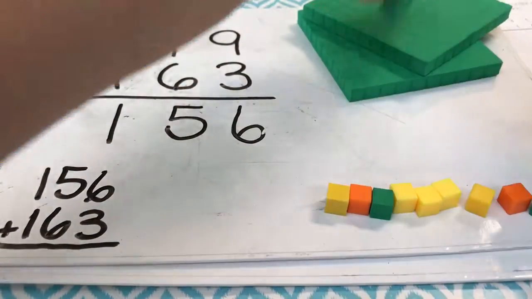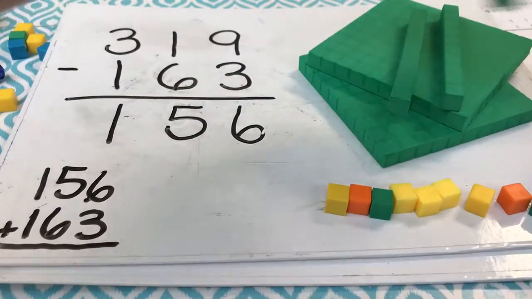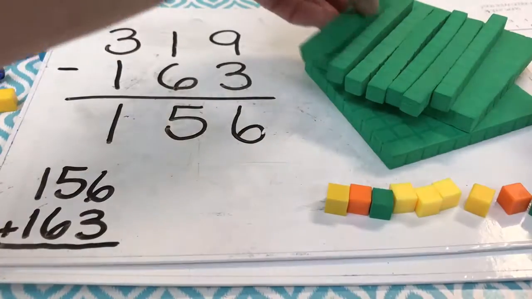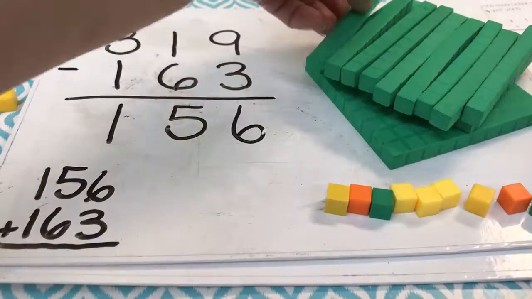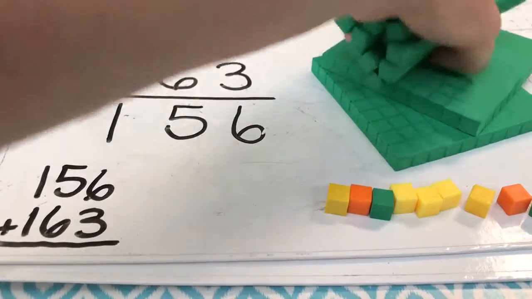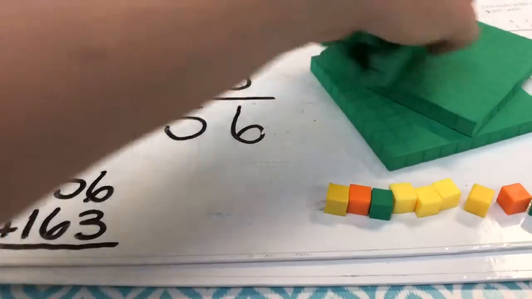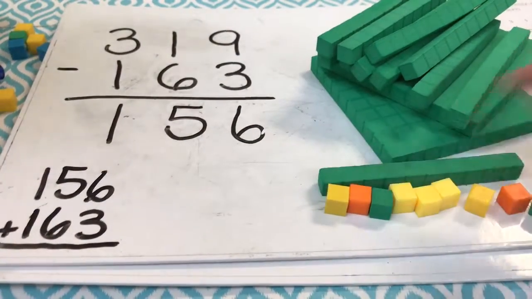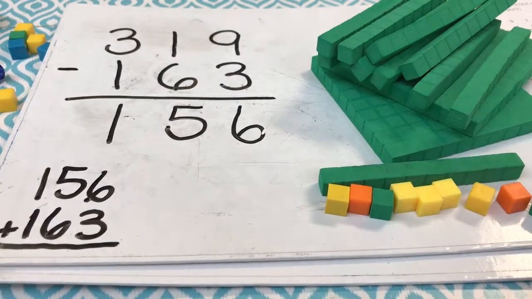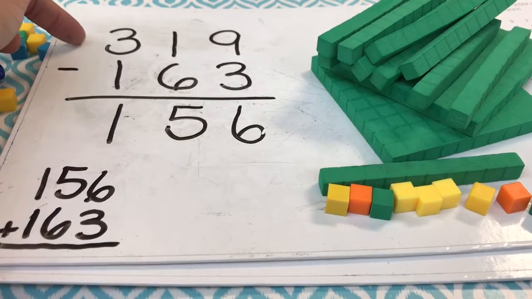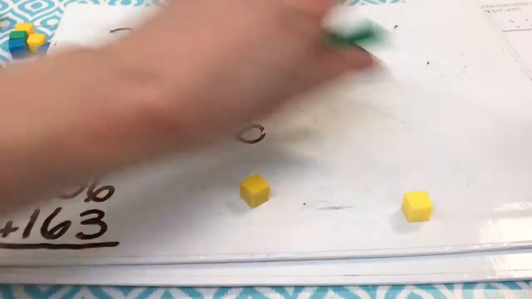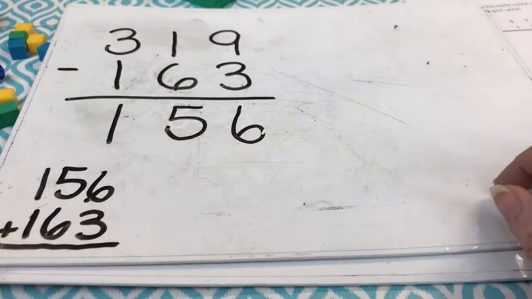So 200, 210, 220, 230, 240, 250, 260, 270, 280, 290, 300. So I could swap this out for one of these, or I could leave it and it's fine. 300, 310, 311, 12, 13, 14, 15, 16, 17, 18, 19. 319. So I got the same minuend that I started with as my sum. So that checks out. Now I'm going to show you how we can do a similar thing without any manipulatives,